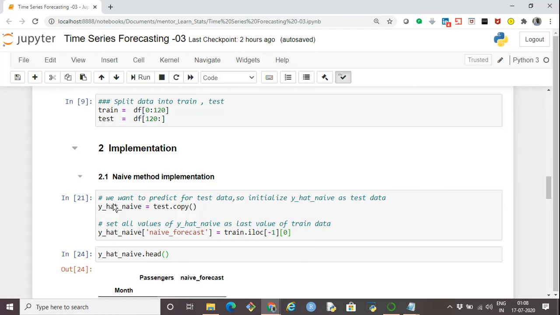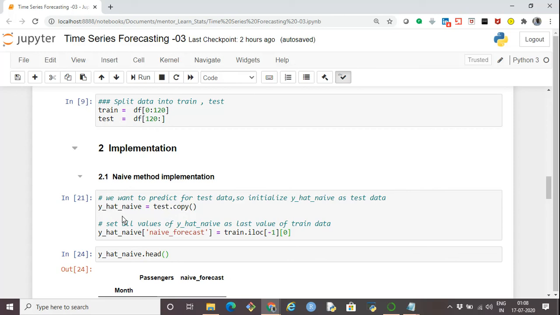Remember what we said in the naive method: the forecast value is the same as the last seen value. Now we have to forecast for this test data. So I am initializing a data frame, y_hat_naive, which has the same values as the test data frame. So I'm just doing test.copy().